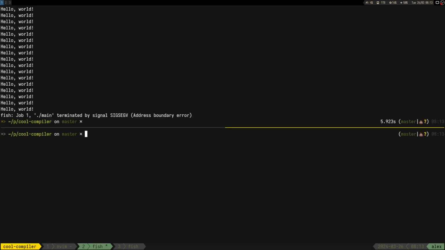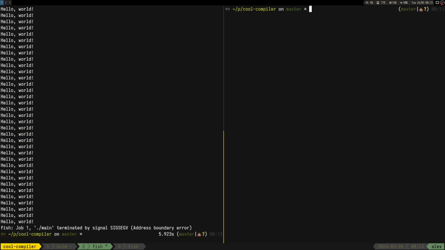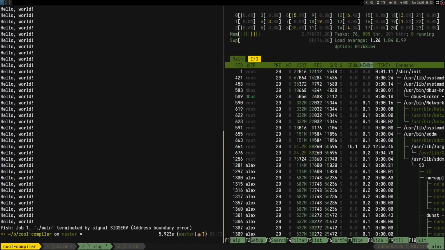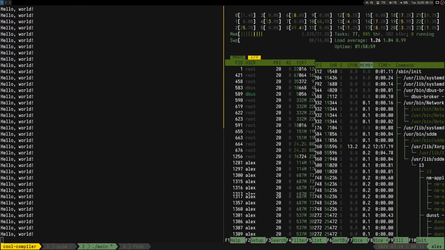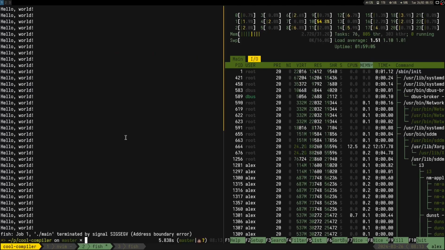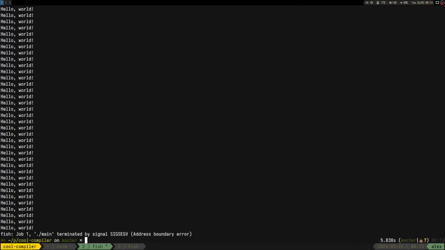Can we maybe do htop? See something like if it takes up a lot of memory. My guess is that that's what happens or something. But